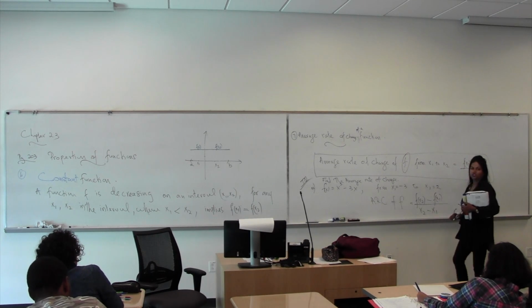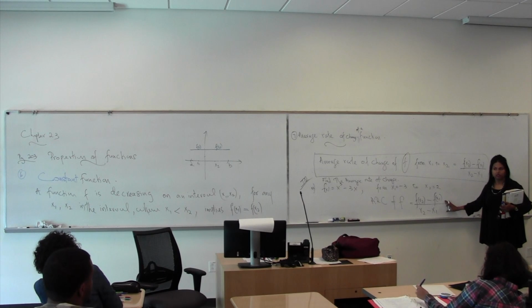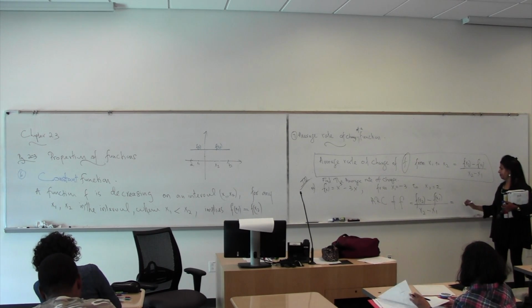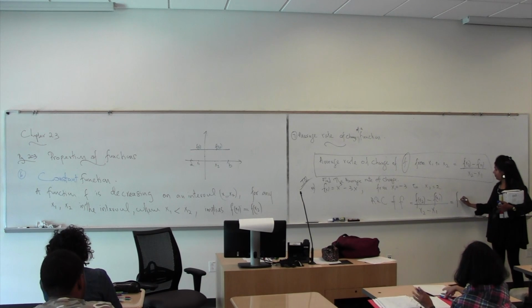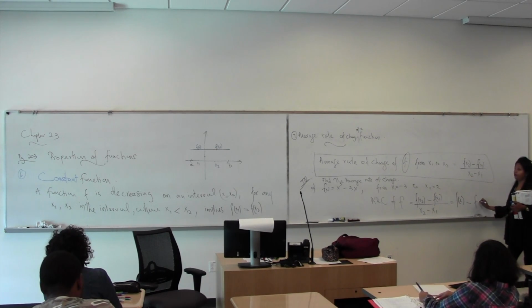It's very easy, guys, right? See, all you have to do is remember this. Now what do you need to do? What is your x2? 2, right? So f of 2 minus f of